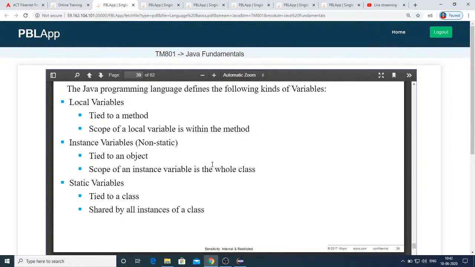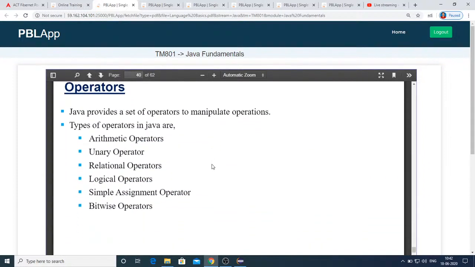This point you must remember. That's regarding static.